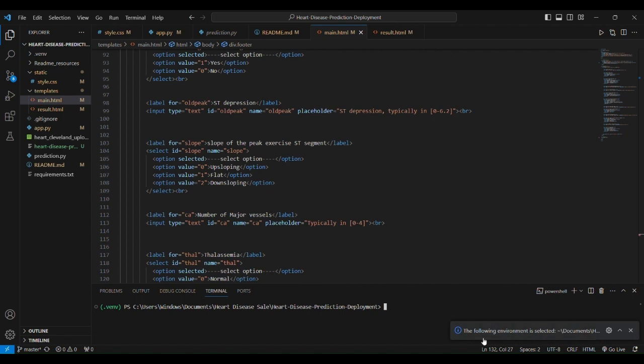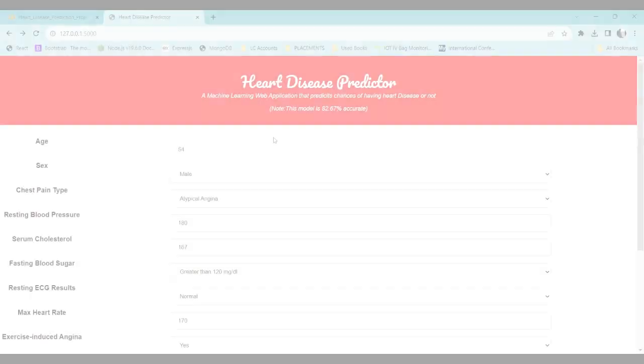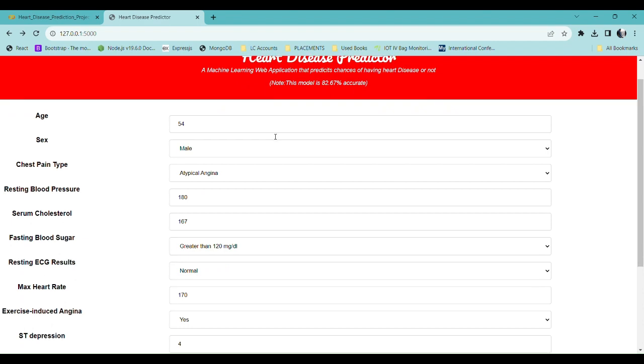Then we will first install the requirements using the command pip install -r requirements.txt. This command is used to install all the required files. Since I already installed, I'll go to the running part. Then python app.py is given to run this program. This will start a server. You can copy this link and put it in Google Chrome. So this is finally the output part of this program, which is run using the front end using the command